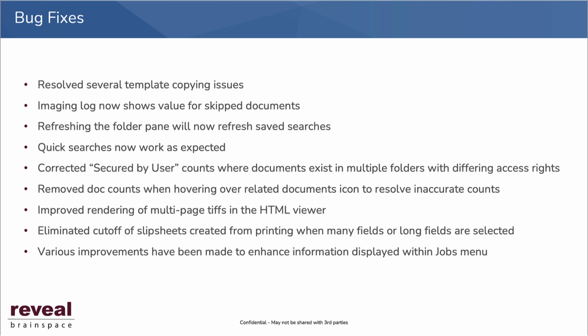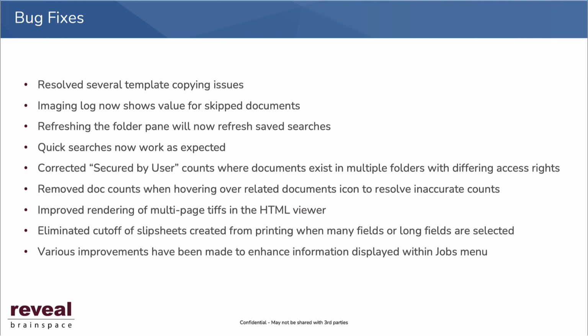The imaging log will now show the names of documents and pages skipped. Refreshing the folder pane will now refresh saved searches. Quick searches from the folder pane now work as expected. Counts for the secured by user have been corrected for situations where documents existed in multiple work folders with differing access rights. Counts provided when hovering over any of Reveal's related document icons have been removed to resolve inaccurate counts